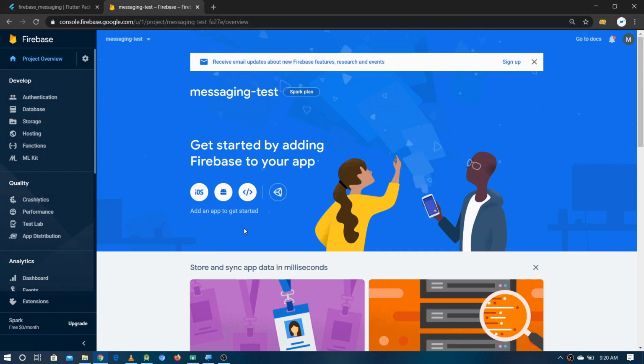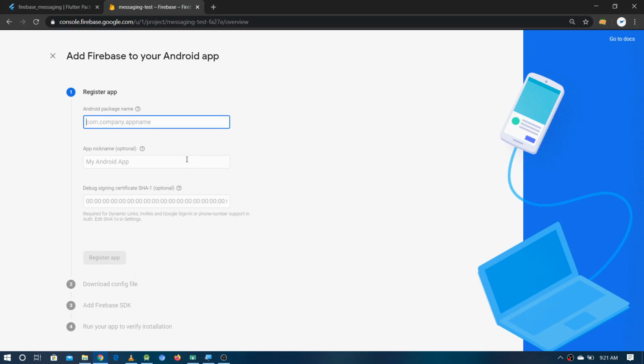And firstly, we need to connect our application with this project. So I'm just connecting the Android module of the application. So just you have to go here. And now you have to fill some data. Now first of all, we need to give the Android package name. This is also called the application ID, and you can get it by opening the Android module of the application